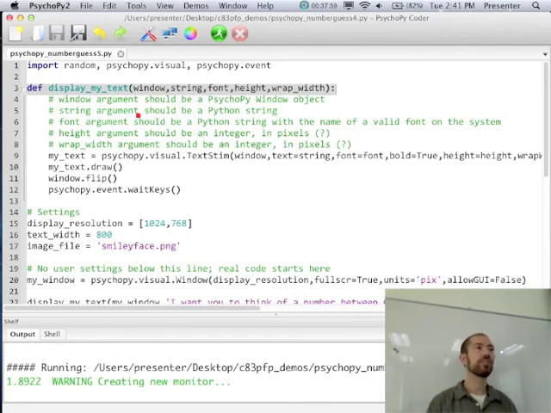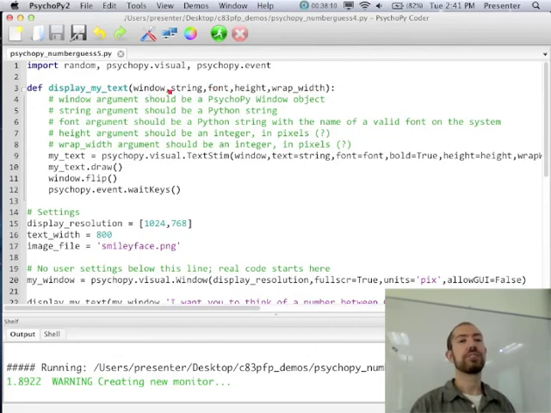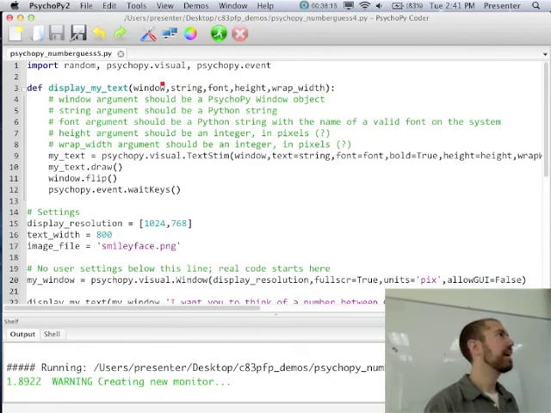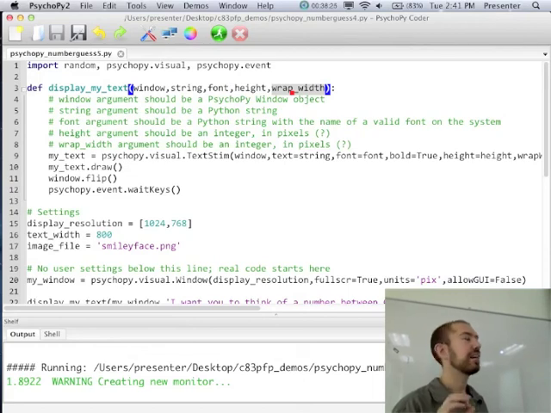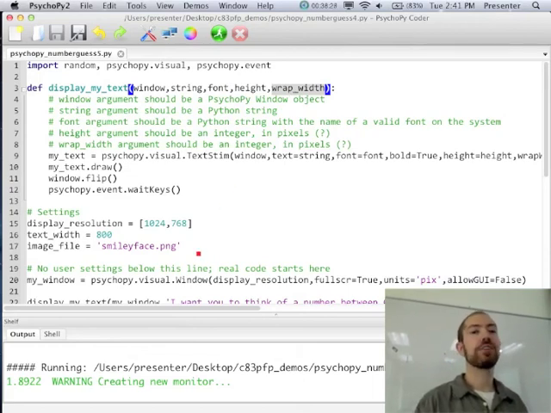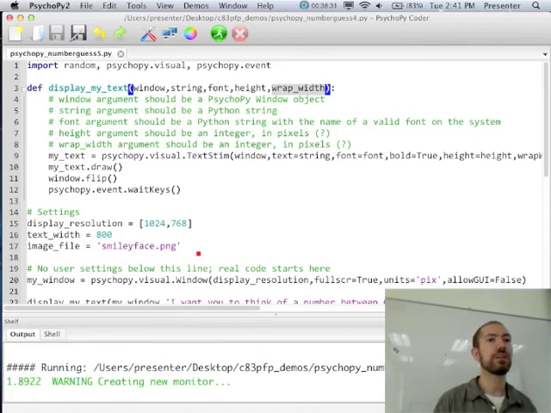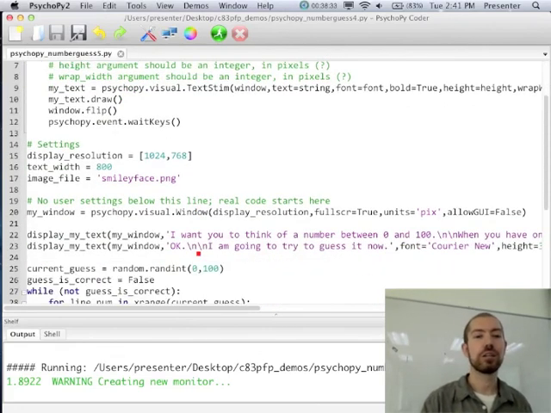Now, if you're calling this function, you can specify the inputs in one of two ways. You can just send in 5 things without naming them, and the function will automatically assume that the first thing you send in is the window, the second is the string, the third is the font, the fourth is the height, and the fifth is the wrap width. However, Python also lets you not worry about what order the things come in. You can specify the names. So for example, you can say,